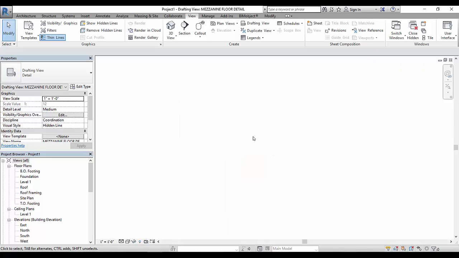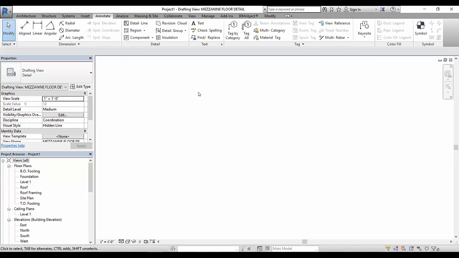When I create a drafting view, it's as if I am going in a two-dimensional drawing editor. And in here I can use lines and tools that relate to two-dimensional objects. Most of those exist on the Annotate tab. So I'm going to go to the Annotate tab up in the ribbon, and I'm going to begin by creating